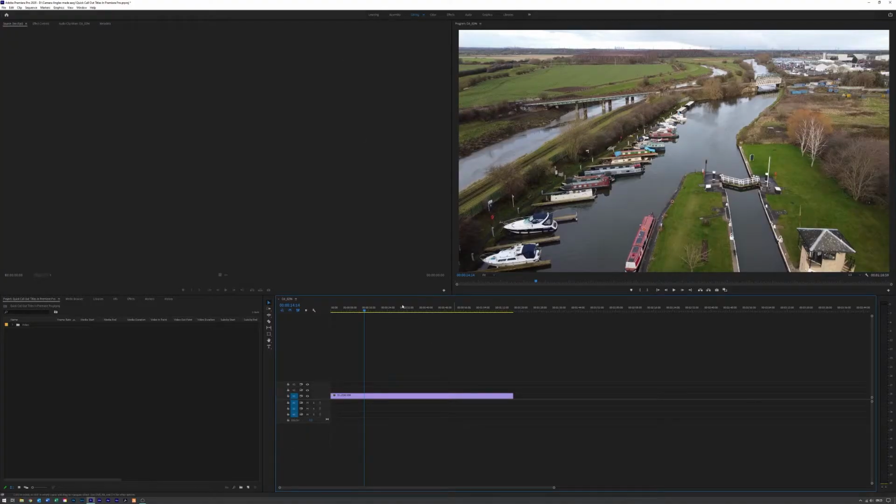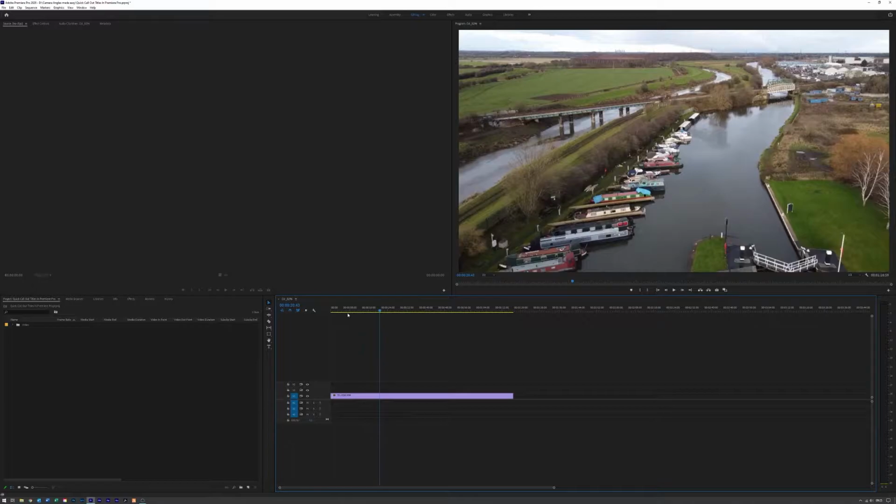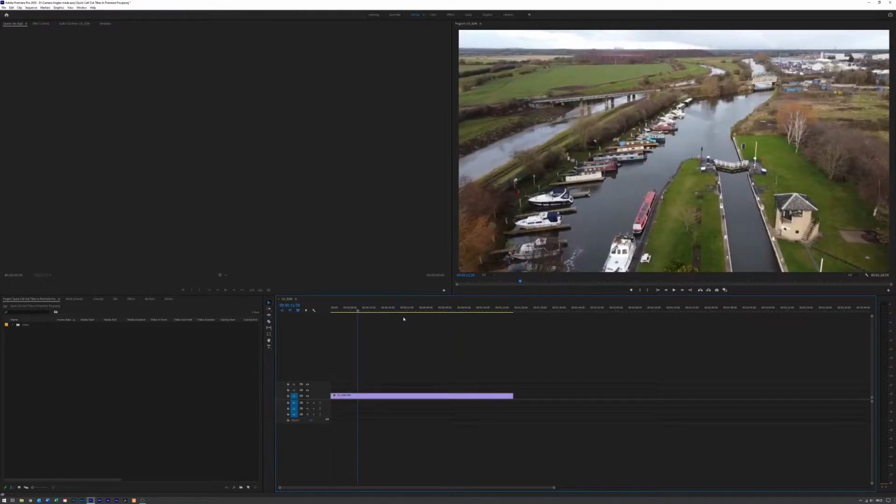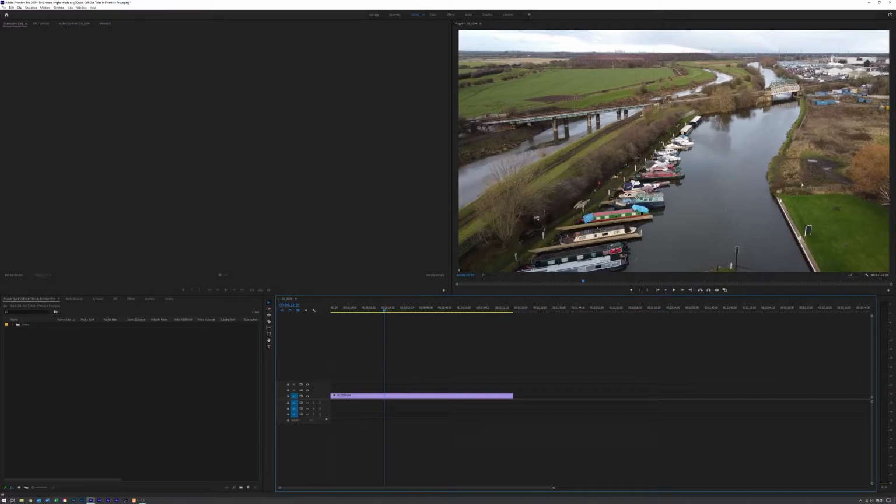So we've got our clip on the timeline in Premiere Pro. And basically what we've got is just a shot of this lock and we want to put a call out title on it. We just want something in the corner here that says, you know, it's Britain's largest lock or whatever. Any old wording, it doesn't really matter because it's all about technique, not about what we're actually saying. So we're going to need to create this call out title somewhere on here and then position it in a place and make it do something, but quickly so that it looks like it's been animated in, and it hasn't actually been animated in, to be fair. So let's have a look how we do that.